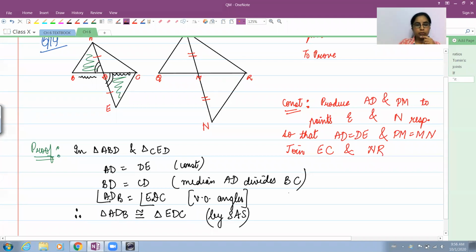Anyone who wants to ask how this congruence has been done? Right now, you might not be able to understand why we are doing this, but eventually, as we move forward, you will be able to see कि इससे हमें कैसे help हो रही है. So I'm just simply going to ask one thing at every step, whether or not that step is clear to you or not. And once you put all the pieces together, you would know how it helps you prove the similarity of the given triangles. वो आपको लास्ट में क्लियर होगा कि इससे क्या हेल्प हुई है. As for now, just try to understand whether or not this congruence is clear. Anyone with any questions?